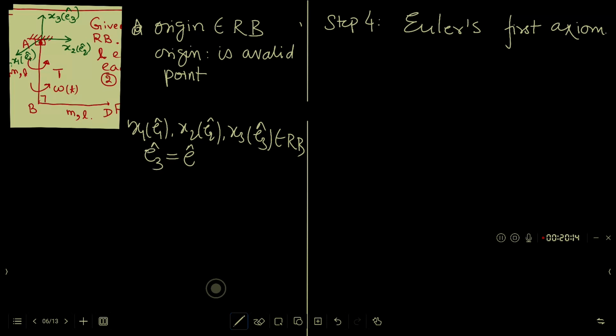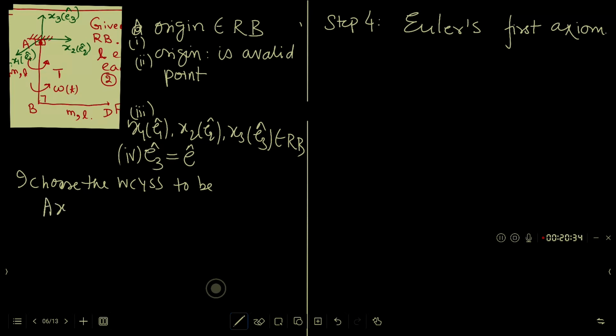Ensuring all these, let me call it 1, 2, 3 and 4, I choose the working coordinate system to be A X1 E1, X2 E2, X3 E3. Note A is a valid point